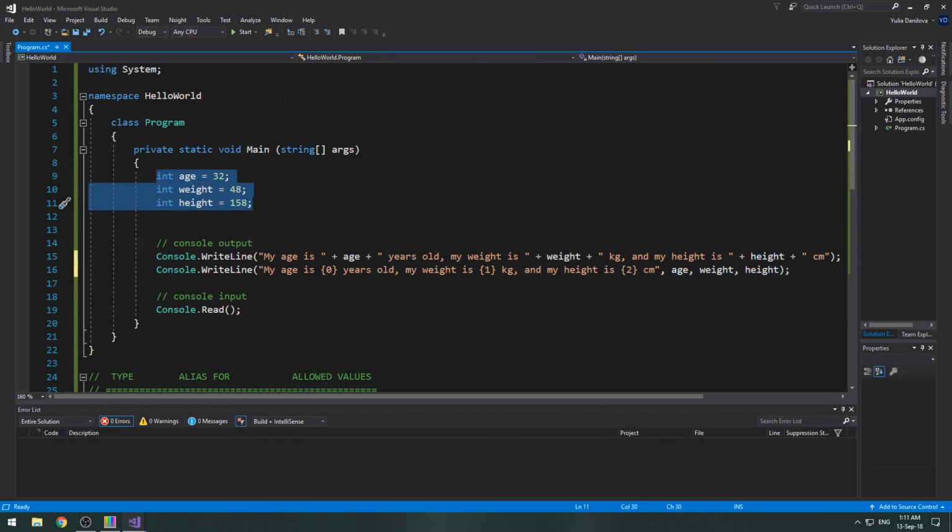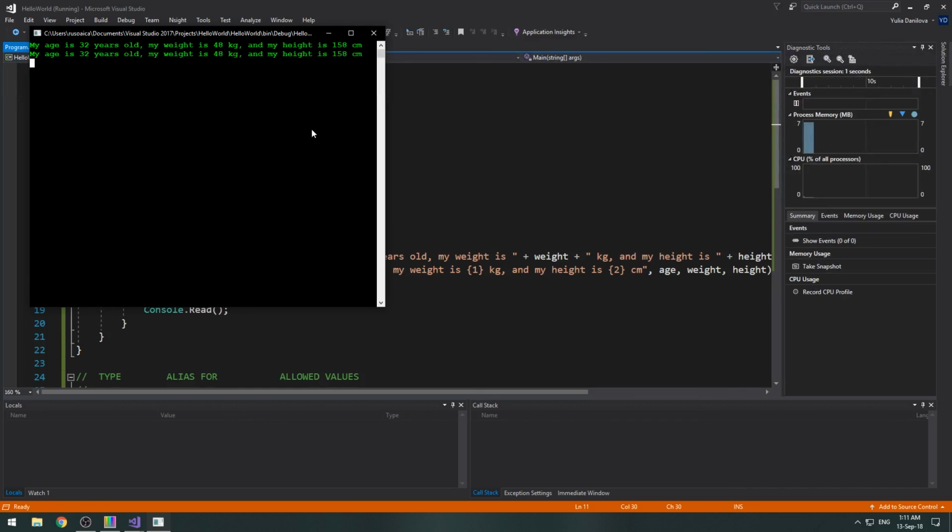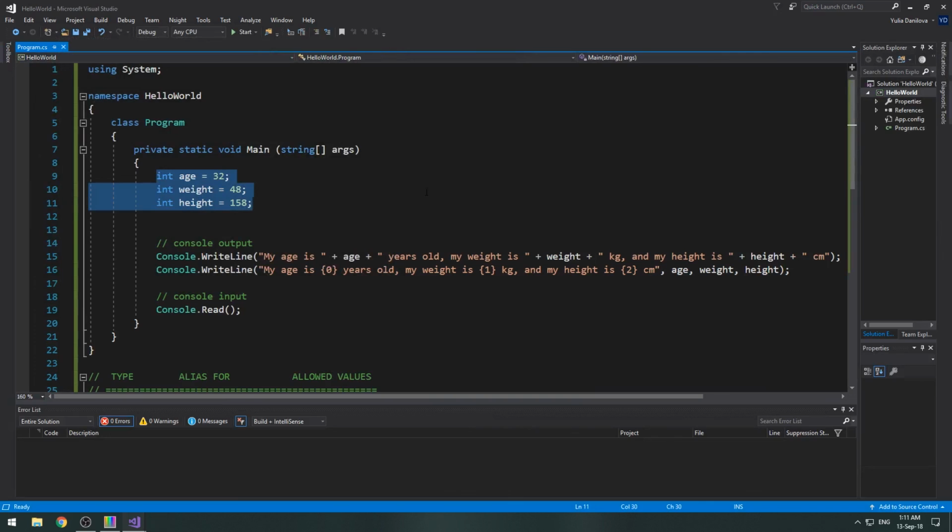When we execute our program, the compiler knows that it must replace each parameter between curly brackets with the parameters at the end of the text in the order they appear separated by comma. More specifically, if you place 0 after the text my age is, and we also specified variable age as the first parameter at the end of the text, it will replace the value of this variable for the 0 piece, weight for the 1, and height for the 2 piece. If we were to put the variables in a different order, they would still be displayed in consecutive order, starting from first.